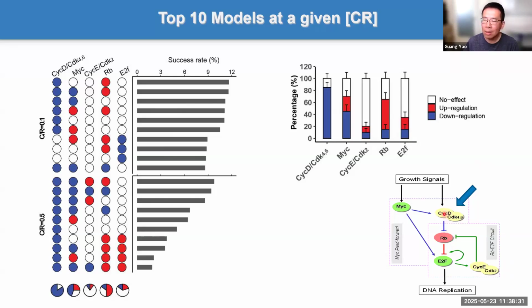But why only the early G1 phase cyclin, but not the G1/S phase cyclin? Why cyclin D, not cyclin E? For cyclin E, in most cases, you had better not change it, or change it either up or down. Cyclin E is clearly, in the modeling, not the winner, but cyclin D is. Why is that the case? Retrospectively, I think we have some ideas why, but let's see if the model is true or not. Can the model prediction hold in our experiment?